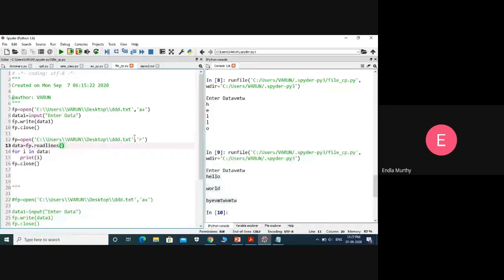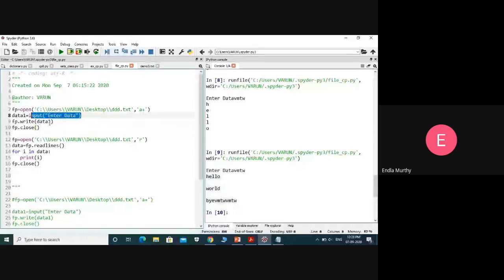And how we are accessing the file from the console: in the IDE we have the file name directly, and if I have it in some location, like in some directory, we access it using the address. And what are the variations between W and A, and W plus and A plus. And how we are providing input through the keyboard, using the input function, and how we are reading.